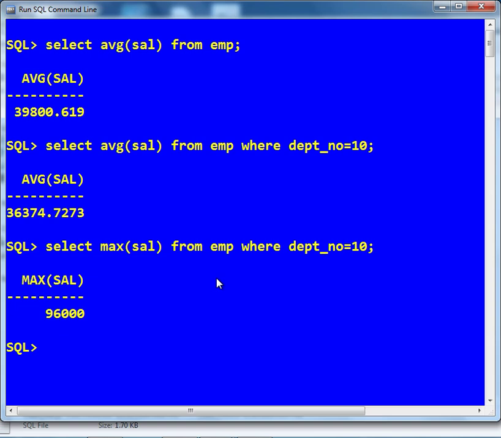Now if I want to find the total number of rows, first see, select star from EMP.